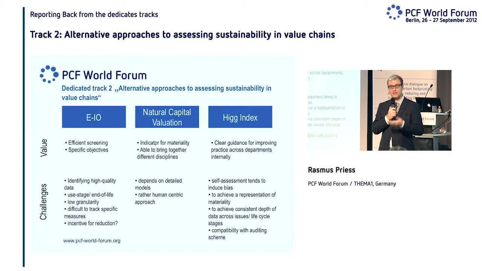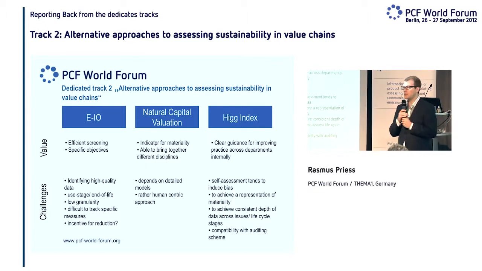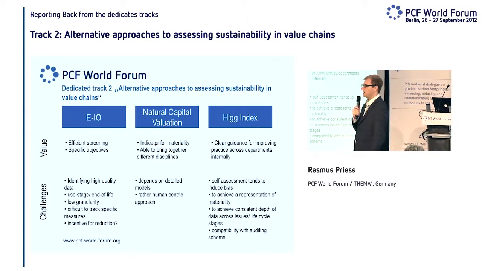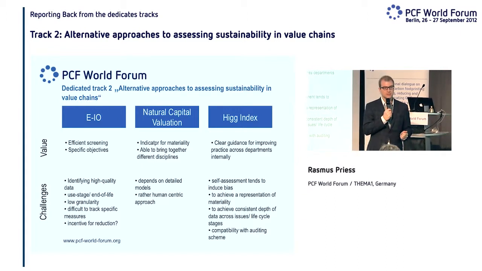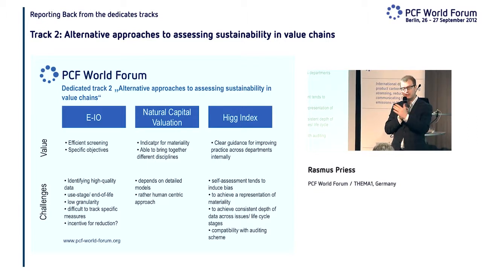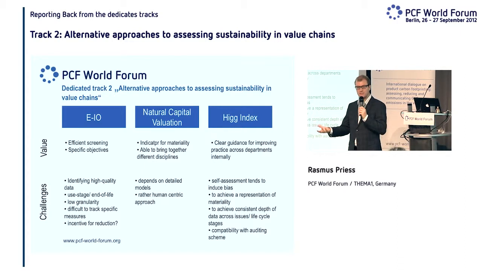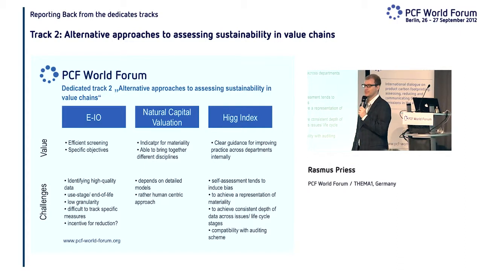So if you are able to have, with good models and good valuation techniques, to really put a euro or dollar figure on impacts, you can immediately relate to the extent of perhaps importance of different impacts that you look at. Of course, there are a lot of modeling questions underneath, and a lot of assumptions that need to be made, but if you have this complete overview, it can help to understand where there is really a lot of the impact coming from, or how different impacts compare.